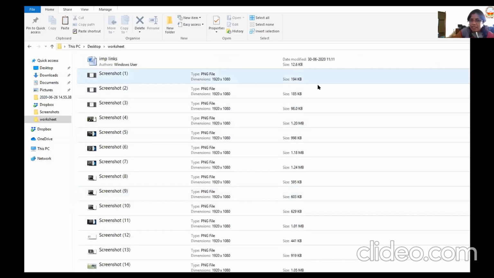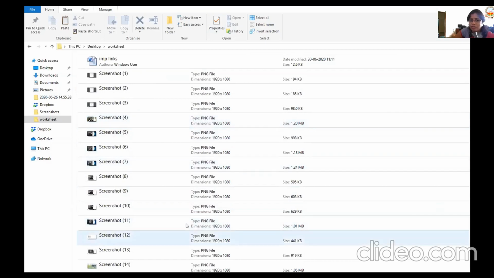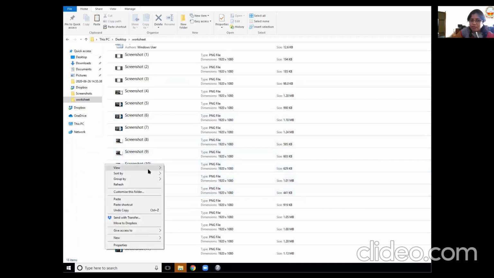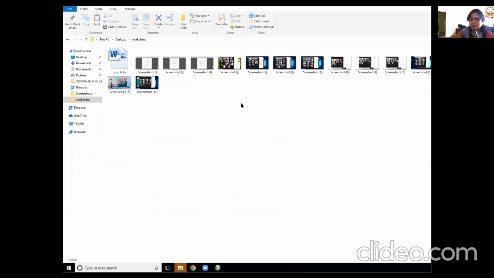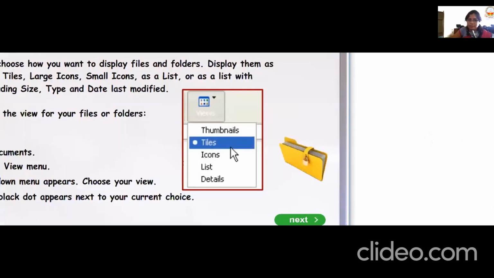See, it gives me all the detail of how much size it is, what type it is, what is the dimension of that particular file. So what does it contain? All those kinds of information will be available when I view it that way. Let's just see, I want to just view it like this one. So as per your preference, you can see the files the way you want.